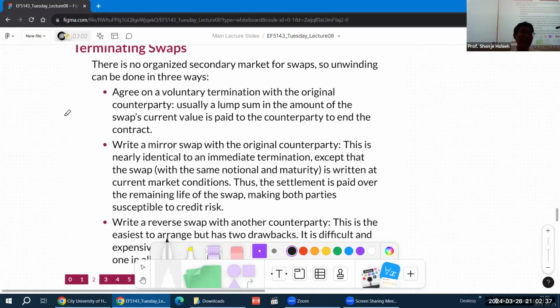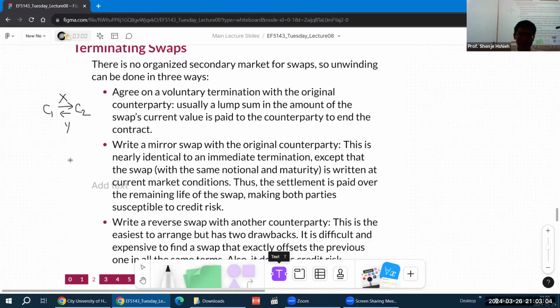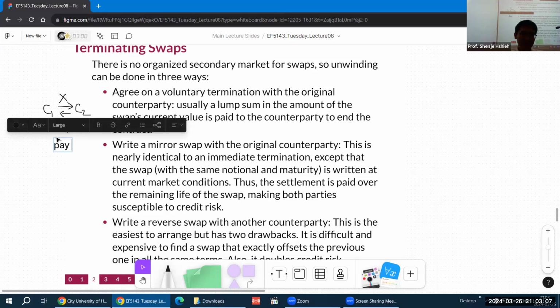To stop the swap, I'll give you 3 ways to do it. One way is just to buy out your position. So you pay your counterparty the fair value of all your future cash flows, and hope that your counterparty is okay with that, right? So remember, the original contract is this: you're exchanging with some counterparty C2, right? C1 gives C2 X, C2 gives C1 Y, and if, for example, C1 no longer wants to give out X, perhaps C1 can just pay the PV of all future X,